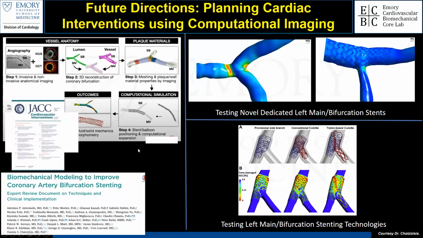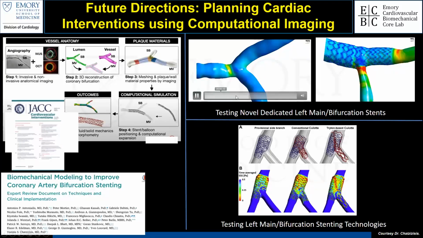Now, one of our collaborators, Dr. Hazizis from the University of Nebraska, is leading efforts to pre-plan complex coronary procedures using computational techniques. His patients often undergo pre-procedural assessment using IVUS, OCT, or cardiac CTA using computational simulations. He then figures out which complex PCI technique might suit a particular lesion the best in an effort to optimize patient outcomes.